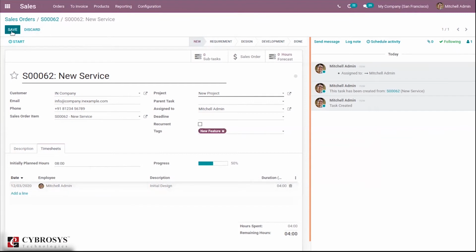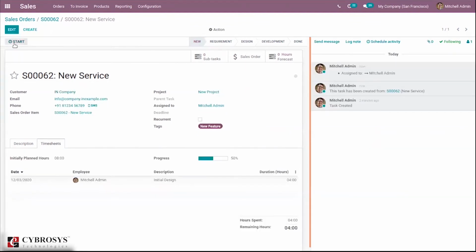Okay, then save this. We can also continue the task by clicking start and continue and add timesheet, that is, automatically timesheet will be added here. And we can also create subtask for this task, and you can see now it is in new state. And when you go to sale order,